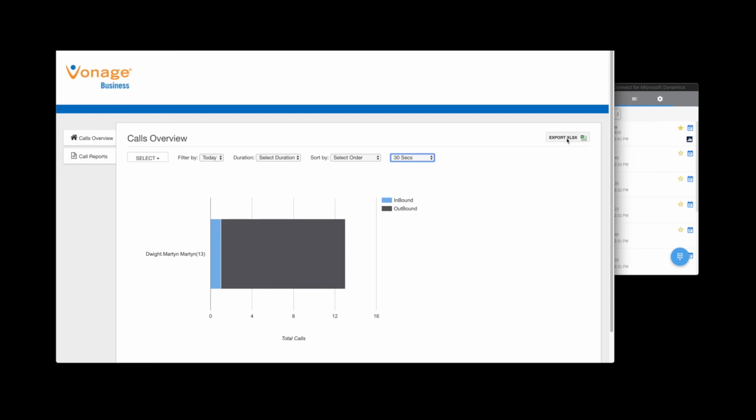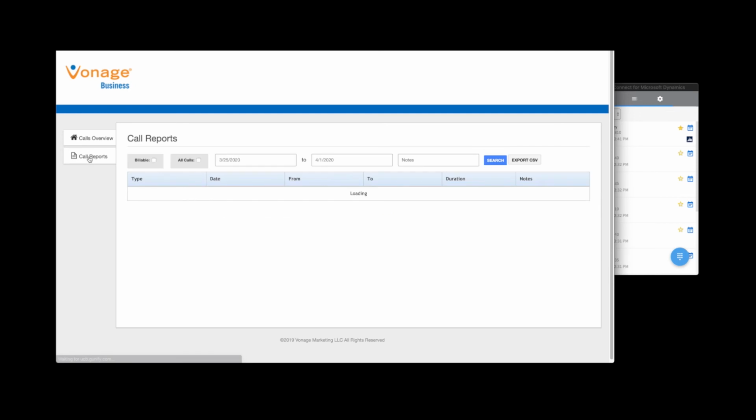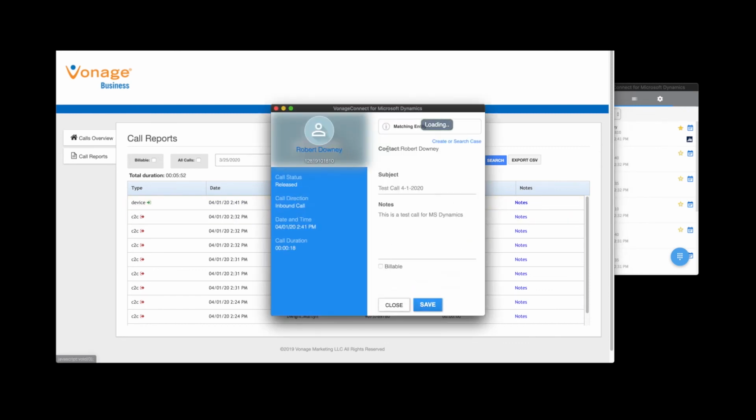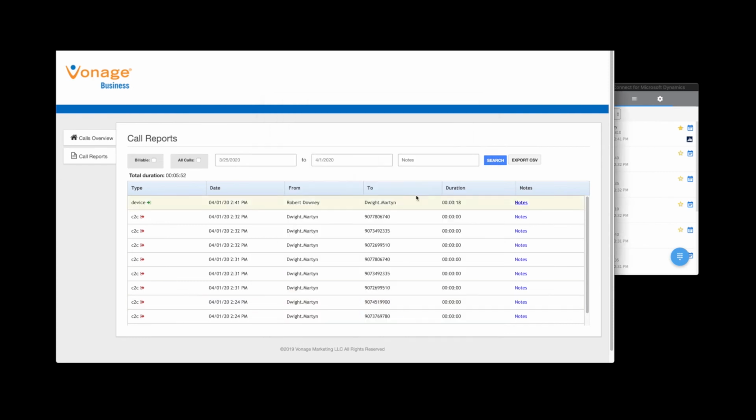As part of this export, I also get the call reports. This information is actually going to show me my call direction, date, time. Most importantly, it will show me what agent spoke to which customer. And I also can go in and look at those notes to see and modify the note right from within the connector. The biggest bonus you get from this system is now I am no longer tied to my computer.